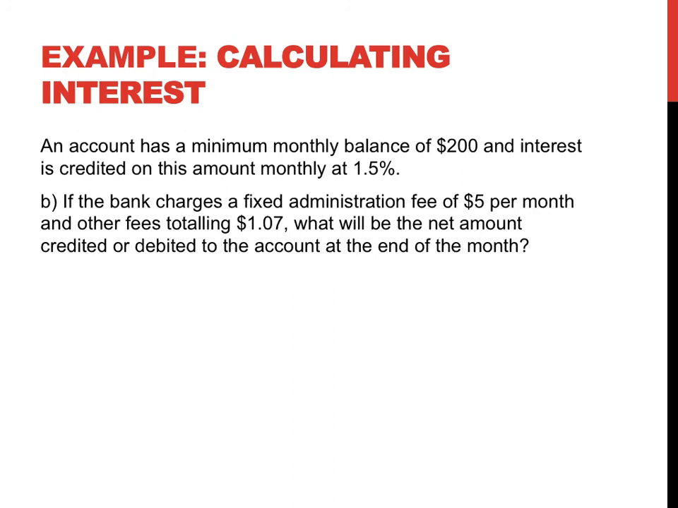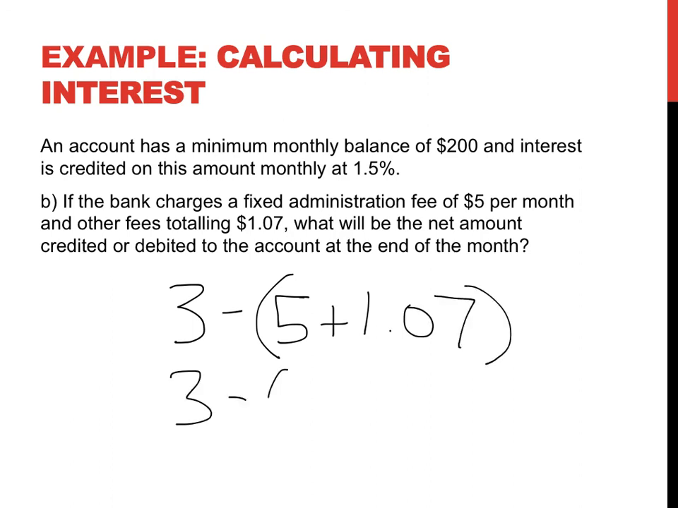Now we need to know what the net amount will be at the end of the month. What will the net amount credited or debited to the account? So now I've been credited $3 in interest from the last question. But I'm being debited $5 and then $1.07. So I'm basically starting with $3 that I've been credited. Then how much have I been debited? Well, I've been debited two amounts, so I'm going to put it in brackets. $5 and then $1.07. So it's $3 minus $6.07, which means, unfortunately for me,